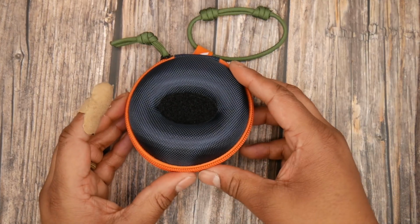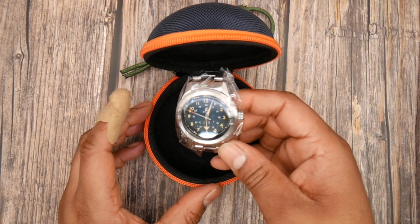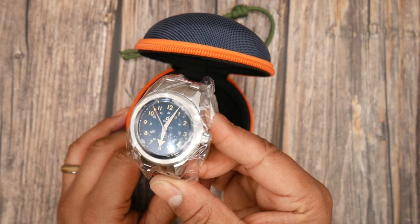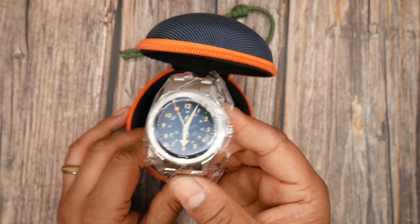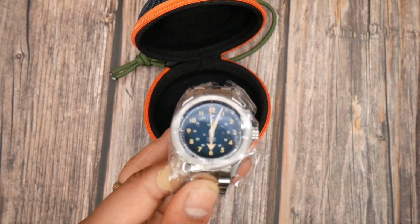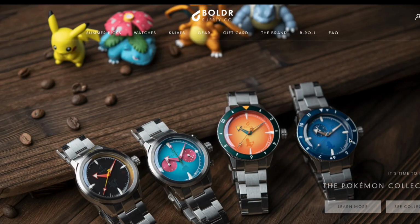This time with the Boldr Voyage, the Antarctic. This is a G-shock style watch that is typically Boldr in everything it does, namely being big and being made to be beaten to within an inch of its life. But is it worth it? Well, let's find out. Well, as you can see, the Boldr website has grown quite substantially since I was last on here,